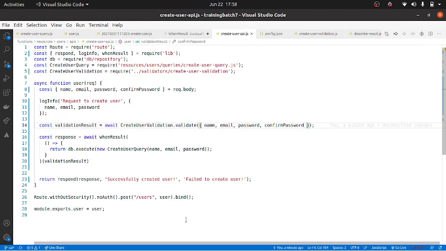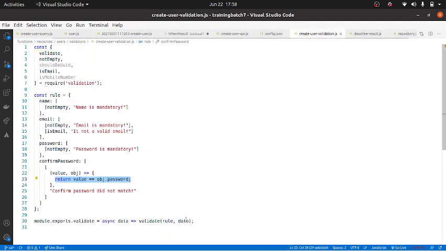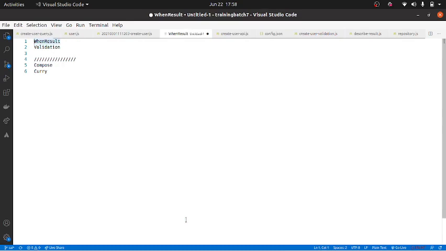Okay. So I think we will stop here today. What we will have to do is write validation for all the APIs that we have created. Then in the next session we will look at compose and curry. These are two important aspects. And then we will look at how to write test cases for our APIs.